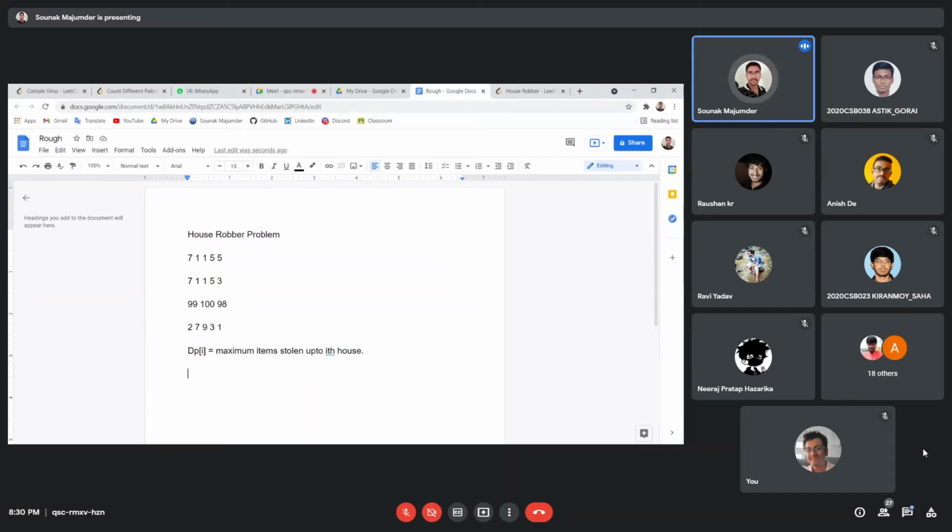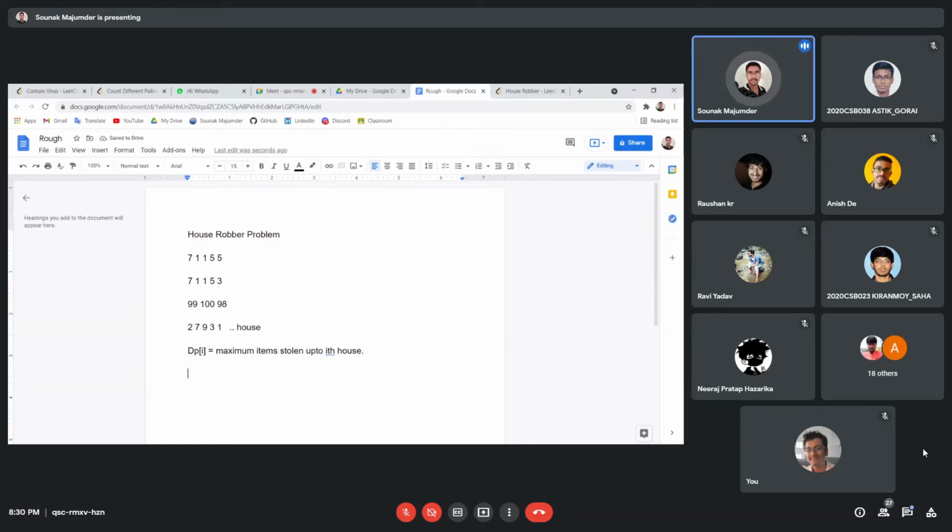For the transition function, there are two conditions. Will I rob the ith house, or will I not rob the ith house? If I want to rob the ith house, then I cannot rob the I minus 1th house. Let this be kept in an array of houses.